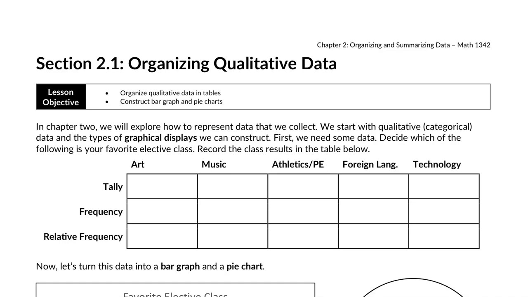In chapter 2, like I said, we were going to explore how to represent that data that we've gathered, organize it, and summarize it. Most likely, and a lot of these things are going to look familiar to you, what we're going to be doing with our data is adding it into some sort of graphical display. Today is not very hard. You've been looking at graphical displays since elementary school, but we are going to be looking at graphical displays.